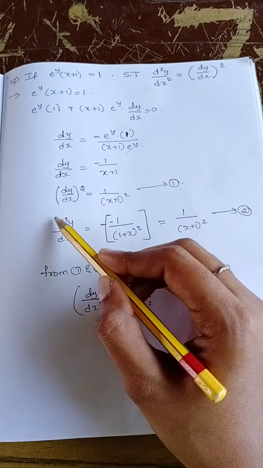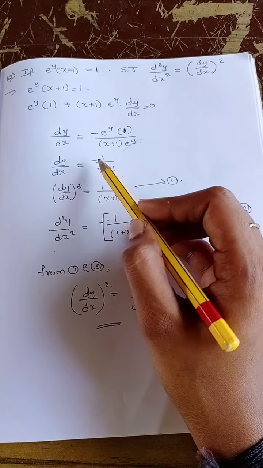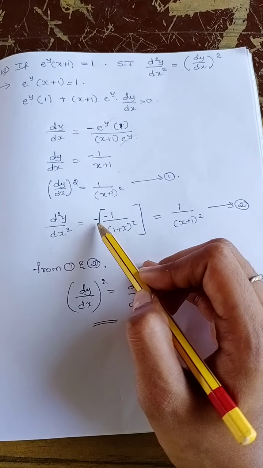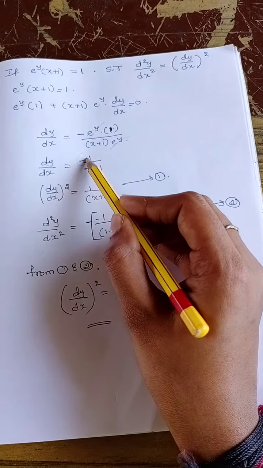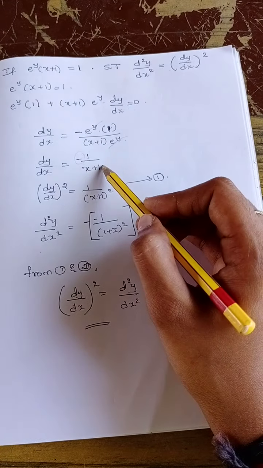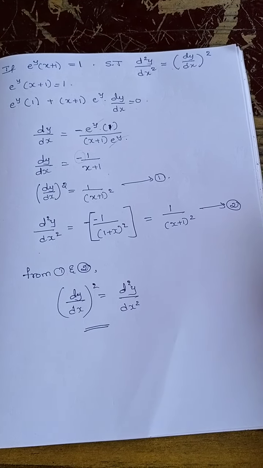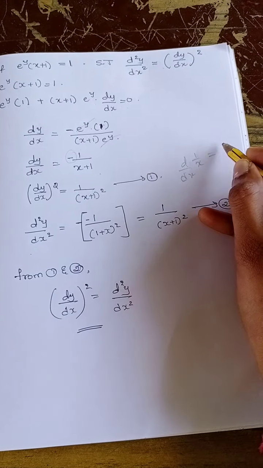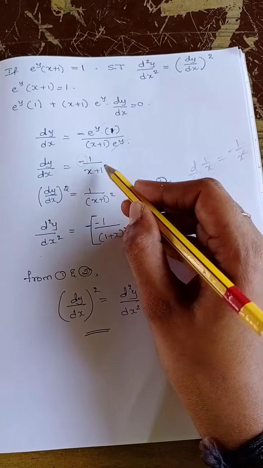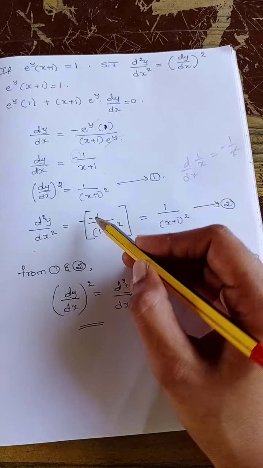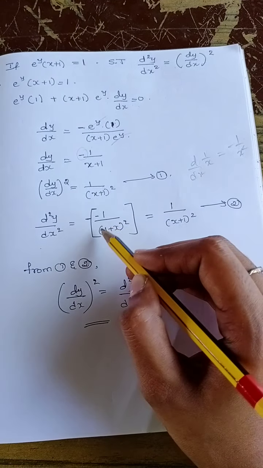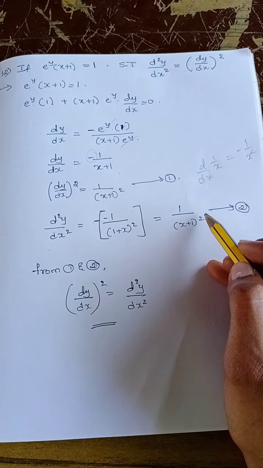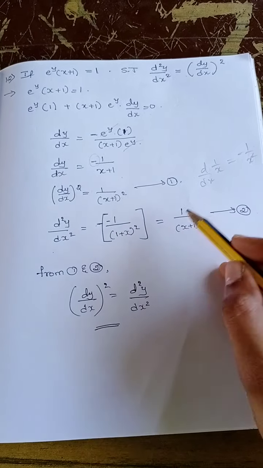Now next to find the second order derivative, that is dy by dx is equal to minus 1 by x plus 1. So d square y by dx square is equal to minus of, keep this minus outside, 1 by x, differentiation is minus 1 by x square. So differentiation of 1 by x is minus 1 by x square. Here in terms of x, 1 by x plus 1 is there. So minus 1 by 1 plus x whole square. Minus into minus is plus 1 divided by x plus 1 whole square. Take this as equation 2.